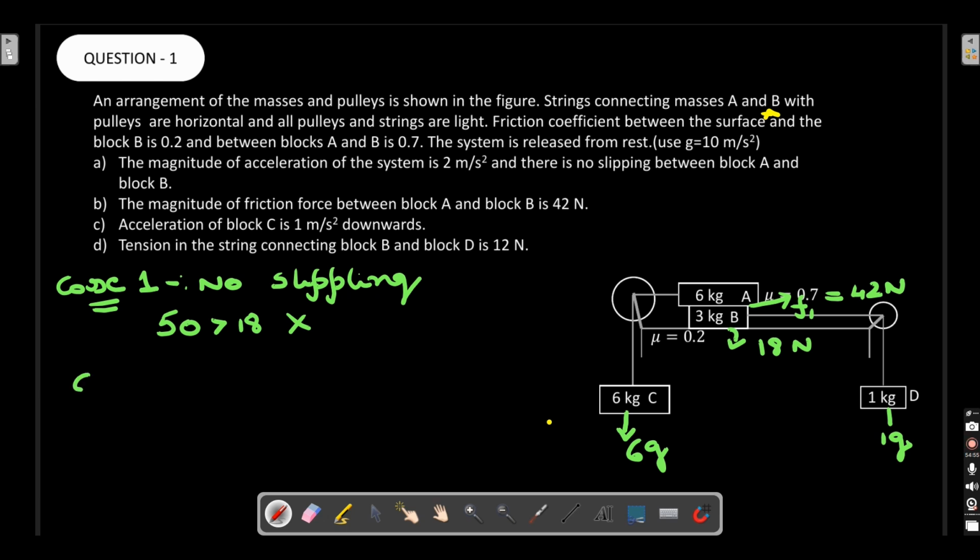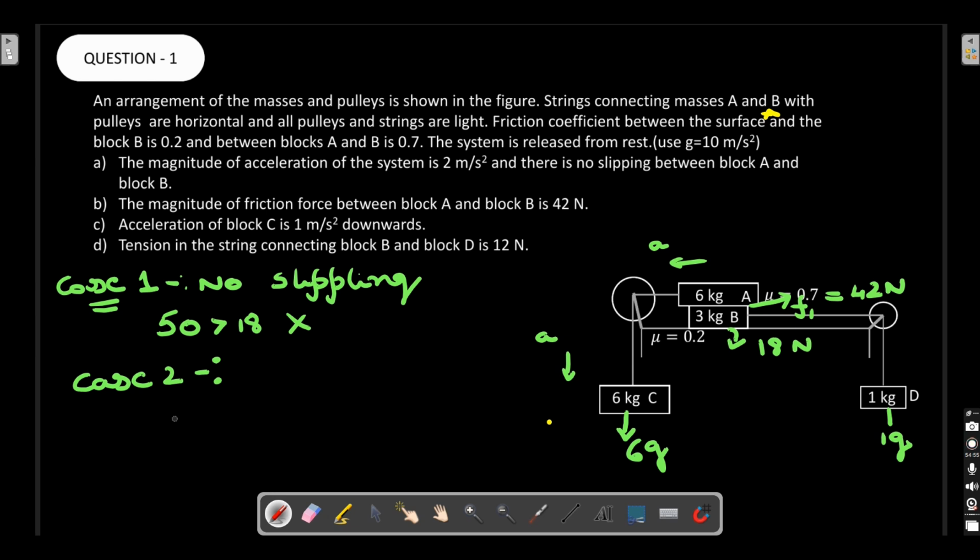Now let's solve case 2. What did I say in case 2? I said in case 2, let's verify that there is relative slipping over here, and both the blocks move together, right? Both the blocks move together. Let's find this particular case. With 6g, let's say this is the acceleration, in this way the block moves. Let's say this is A.